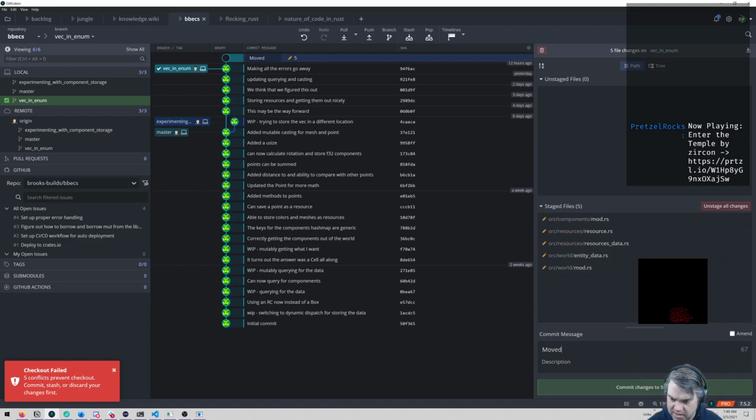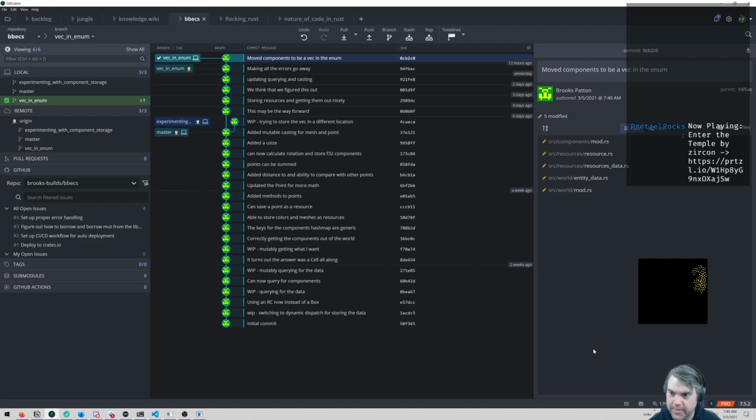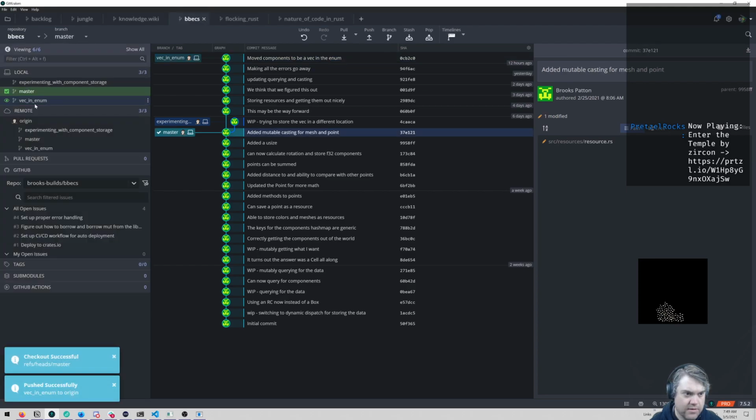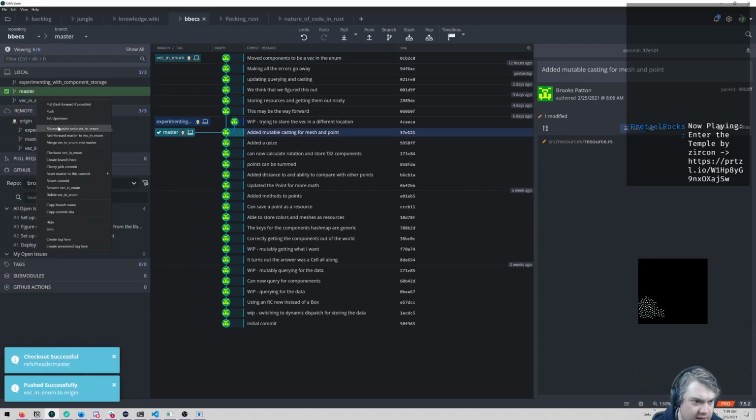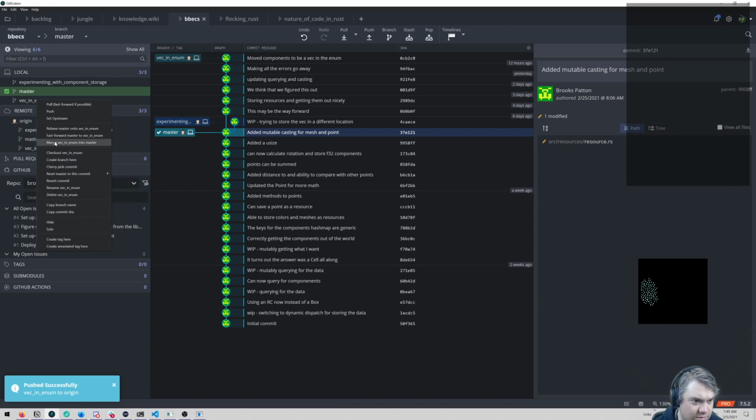This is moved components to be a vec in the enum. Go ahead and push you, and we'll just merge you into master.